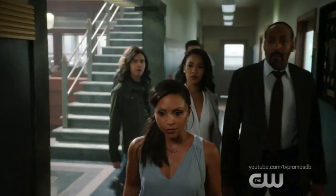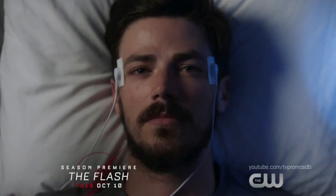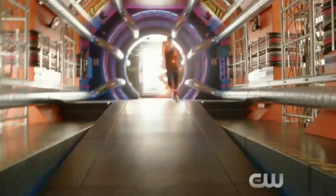And the last shot from the actual trailer to go over is when we see Barry running around Star Labs, and this is most likely after he has returned from the Speed Force. So we're going to get that scene where Lucille takes Team Flash to not Star Labs, the Central City Police Department. They see Barry. They most likely bring him back to Star Labs to do some tests on him, and then he gets loose and starts doing that, because obviously Barry's going to be changed. He's most likely not going to have any major recollection of who he is or what's going on, so he's probably going to be a loose cannon for the most part, which then leads them to locking Barry in the pipeline cell just to calm him down a bit, which he then escapes from and most likely saves Iris